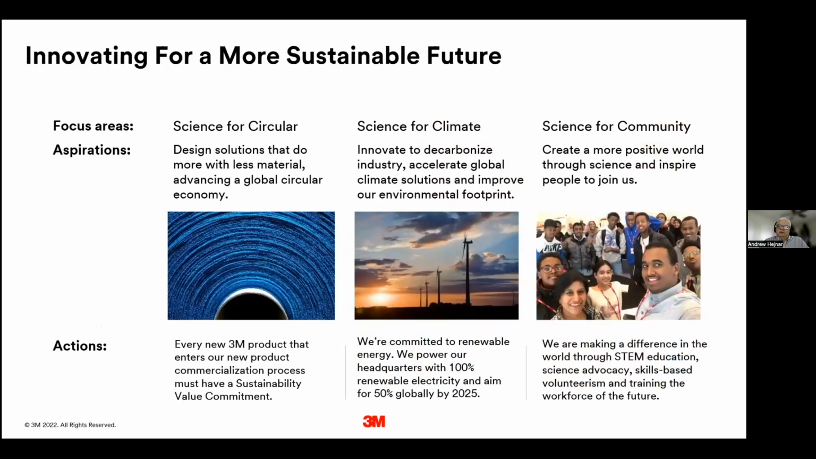Our commitment to sustainability is very strong. We focus on 3 areas: science for circular, science for climate, and science for community. My team, energy team, focuses on science for climate,